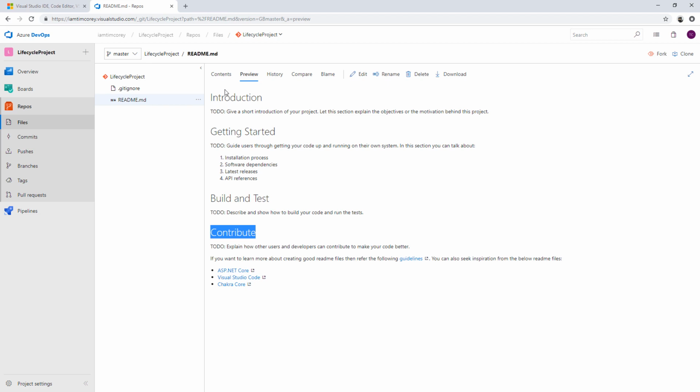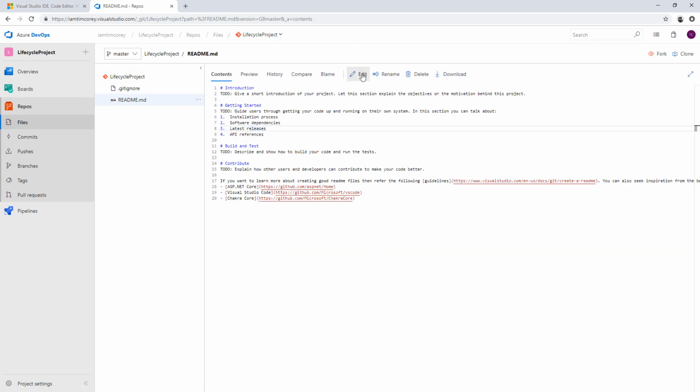However, this is one of the features I want to show off about DevOps. If I wanted to come in here and say edit, I can make a change to this README just by hitting edit. And now I can start making changes. For example, I'm not really going to want this contribute section. This is just for me. I'm not going to create a contribute section yet until